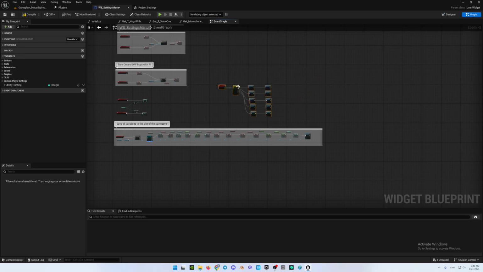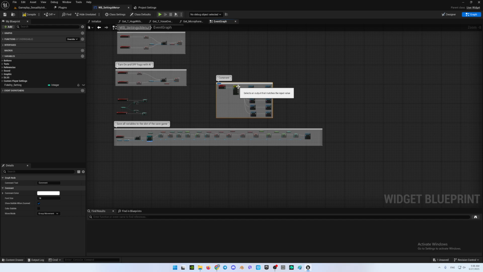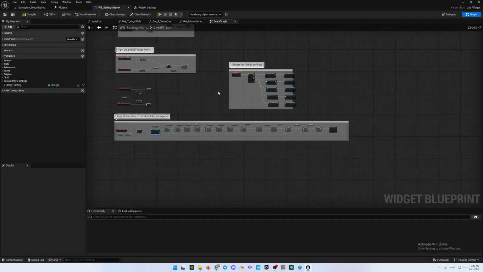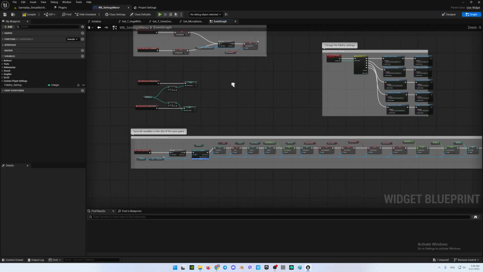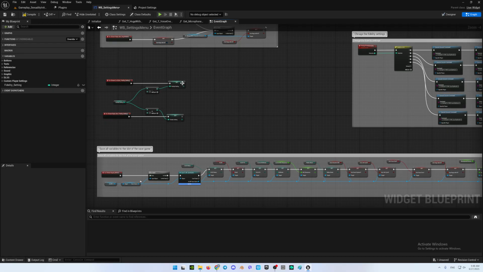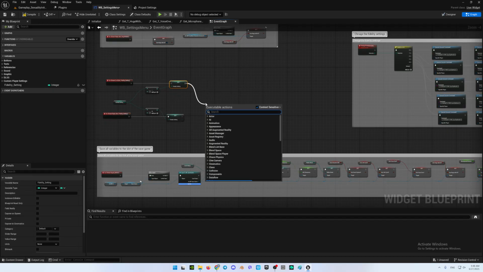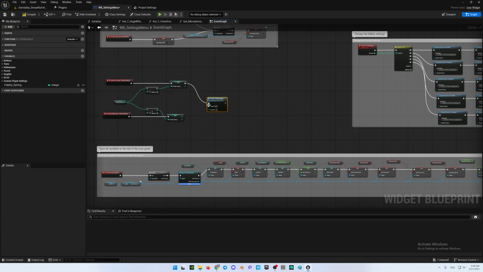So I'll just make here the command. So this is my change the fidelity settings. Excellent. Change fidelity settings. And now I will simply call here this, not like so, but like this. I will just call here this function, change fidelity quality over here, and the same will be from this side,